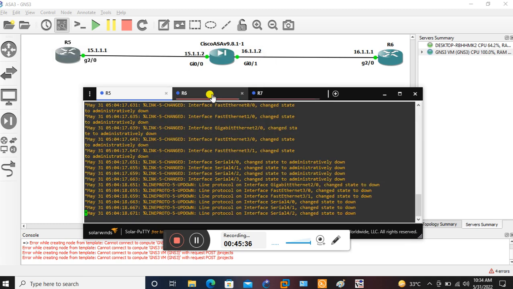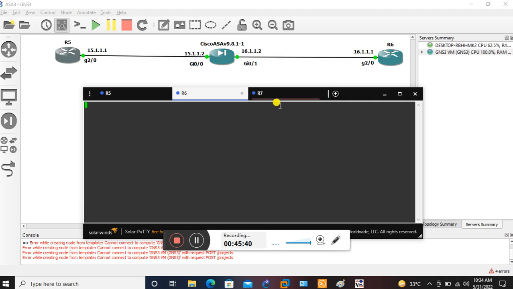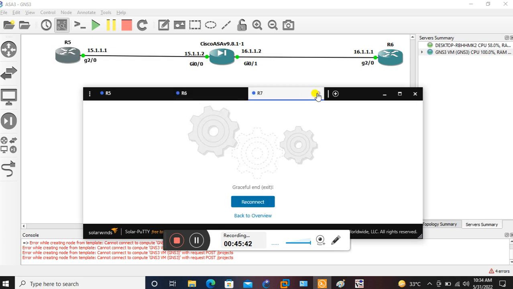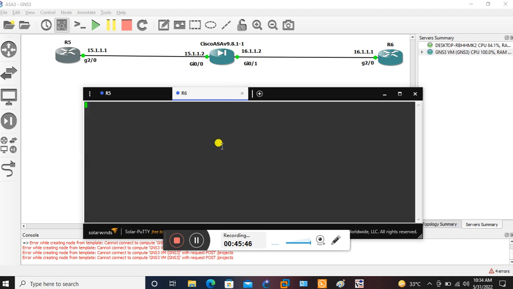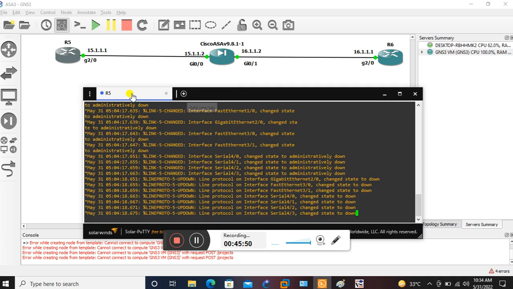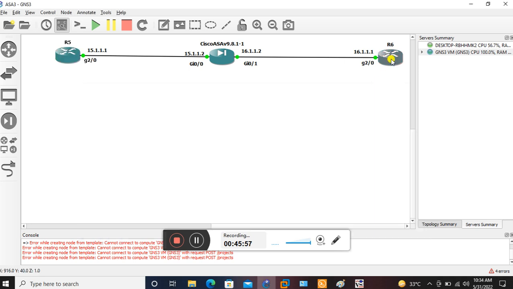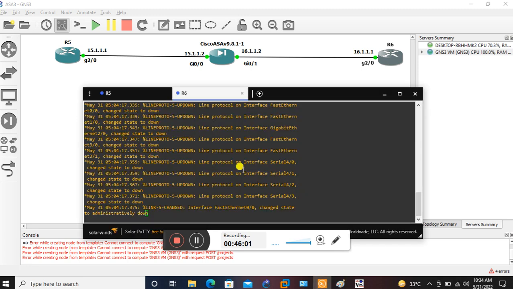Reconnect it R5, reconnect it R6, and remove from R6. Okay, R5 is connected. R5 is connected. Let me take the separate section of R6. Yeah. So